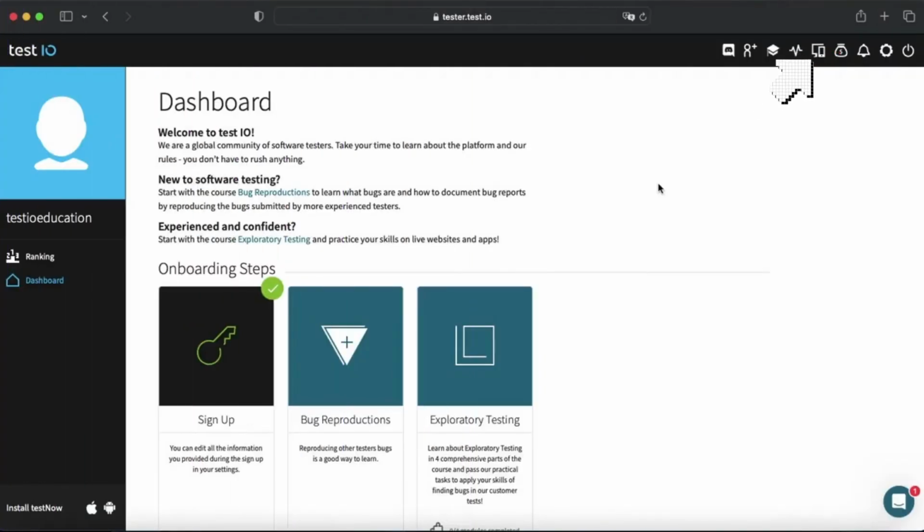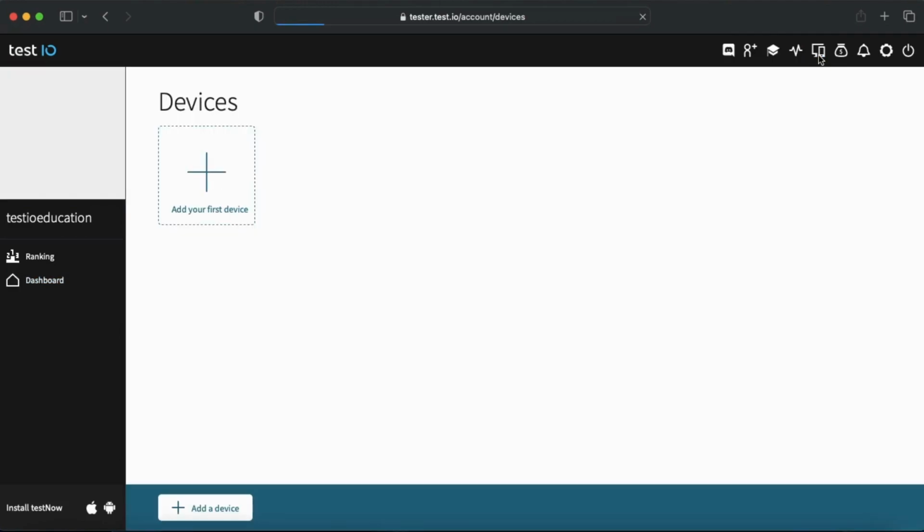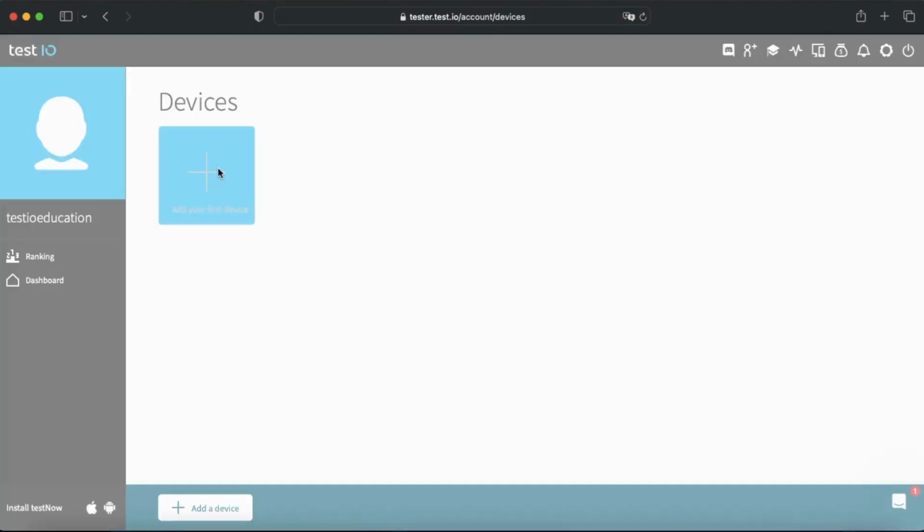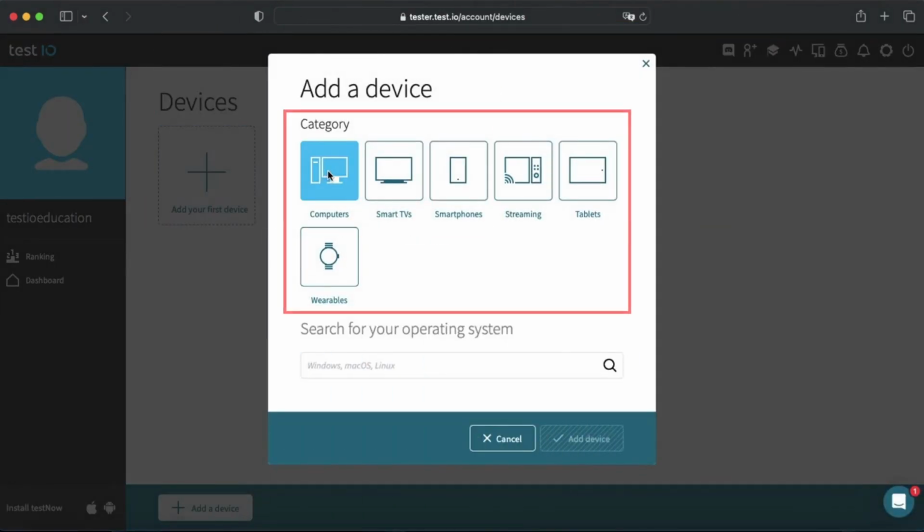To add a device to your account, you'll first need to navigate to the Devices page. You can do this by clicking the Devices icon in the navigation. Once you're on the Devices page, you'll find options to add your first device. Click the Add Your First Device button or Add a Device in the action bar below to open a modal